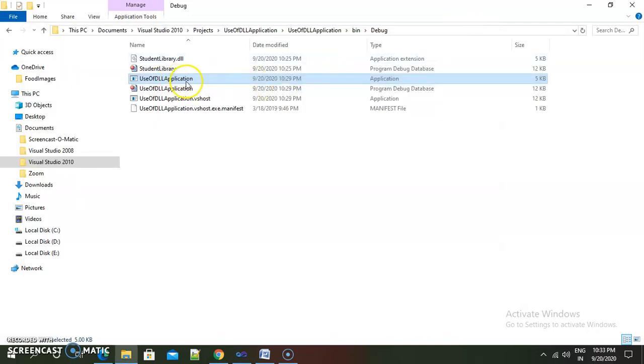So this is the .exe, the executable file, and inside student library we have seen the .dll. Inside the executable file there is one main method, so the machine can directly execute that particular file. But a DLL is a reusable component, meaning that DLL we use inside this application. So this is the reusability. So this is the whole about DLL and exe.